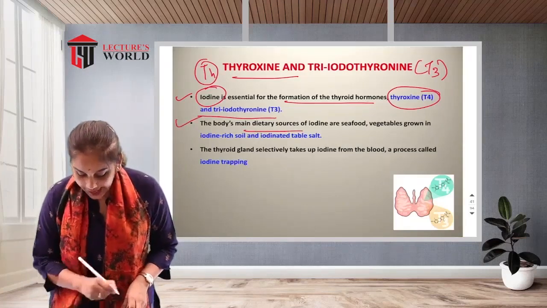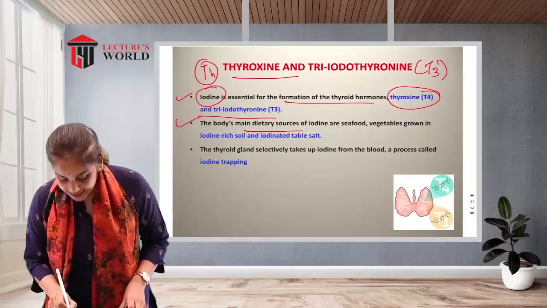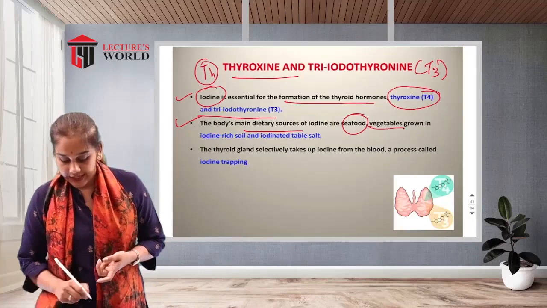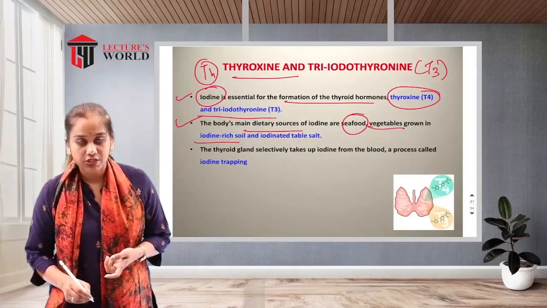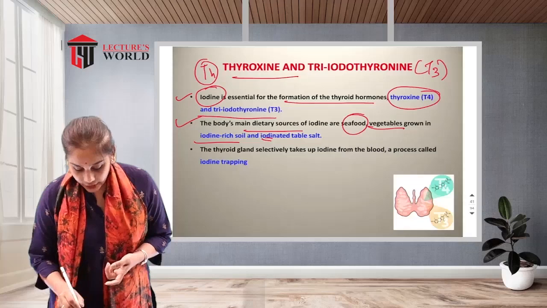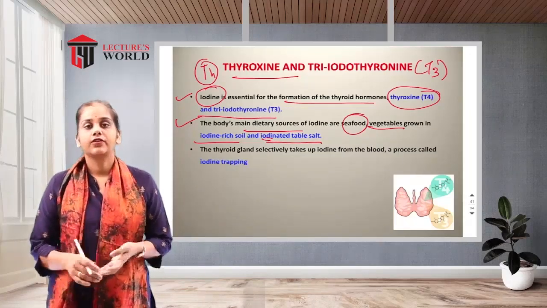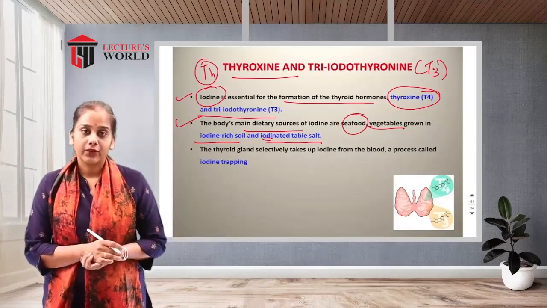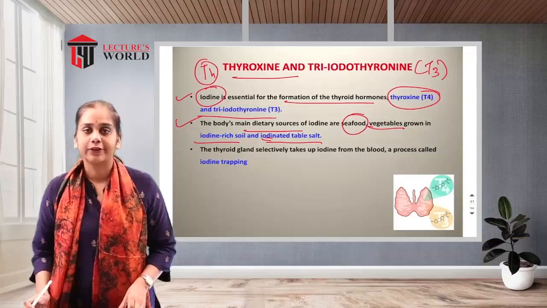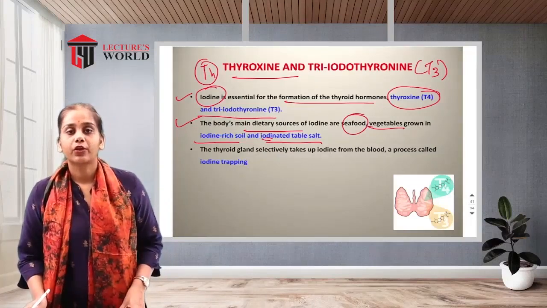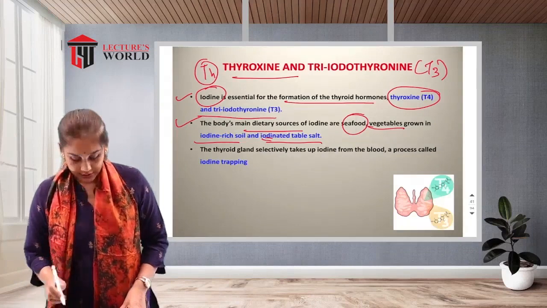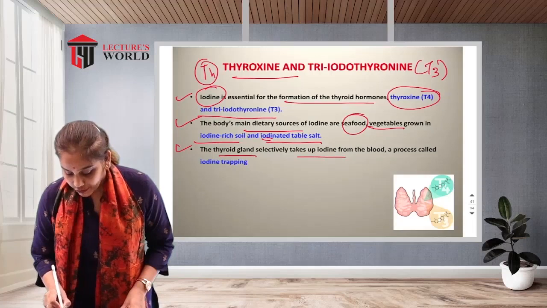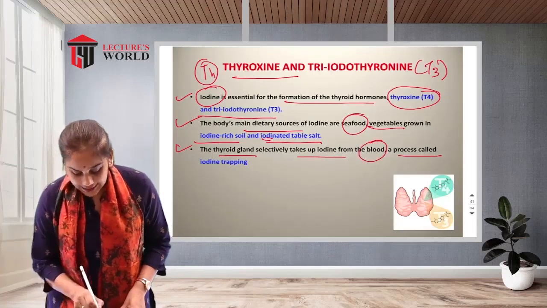The body's main dietary sources of iodine are seafood, which has a large amount of iodine, vegetables grown in iodine-rich soil, as well as iodinated table salt. So we have to take iodine in our diet for the production of T3 and T4 by the thyroid gland. The thyroid gland selectively takes up iodine from the blood, and this process is called